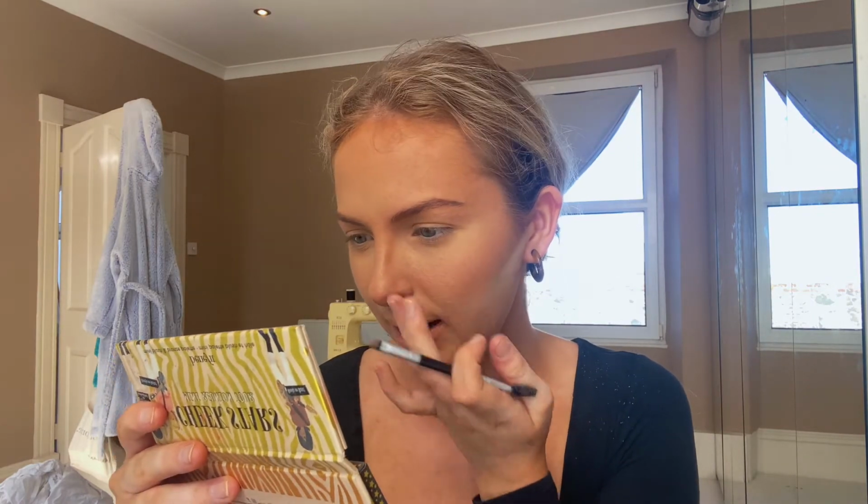Basically do the exact same thing that I did with the cream contour. Just I got quite a droopy nose, so I like to lift that up as much as I can. And then at this point, I will rub in my...